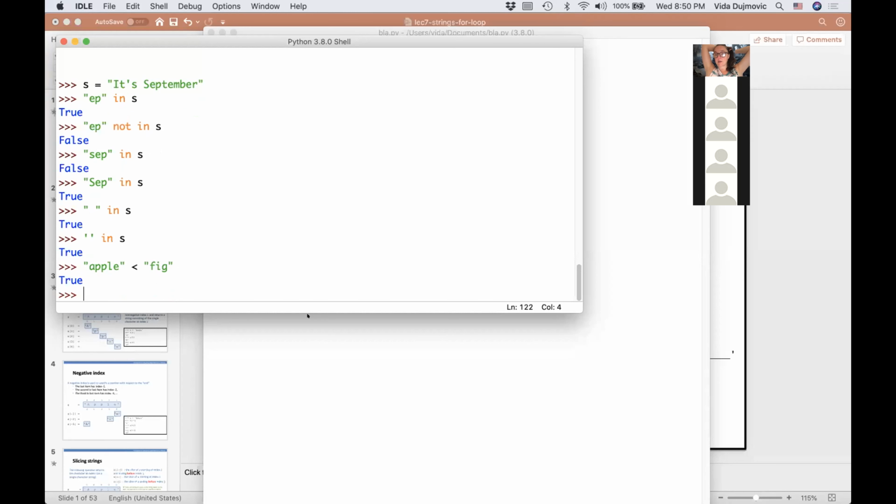So let's understand what it means to compare characters. But let's actually backtrack even more. What does it mean to compare anything? To say that some object A is less than object B, and let's say object B is less than object C, it implies that there is a certain order of objects.